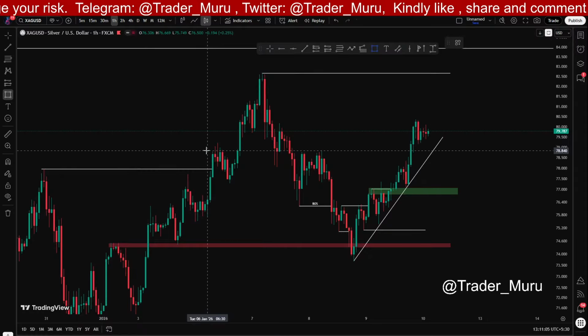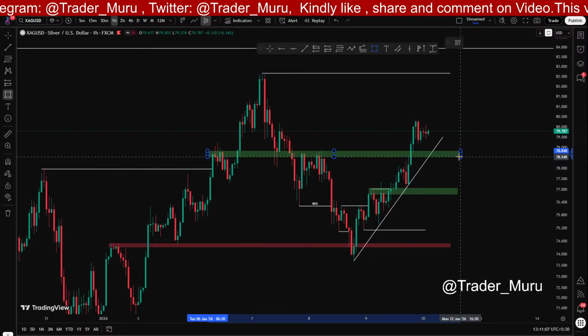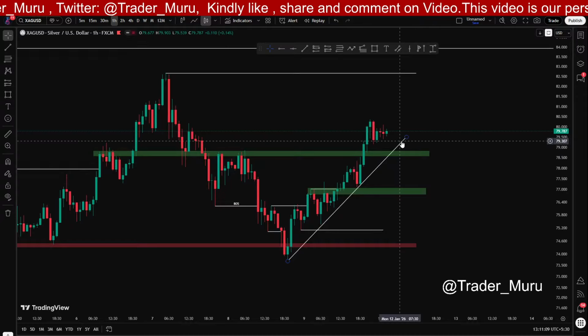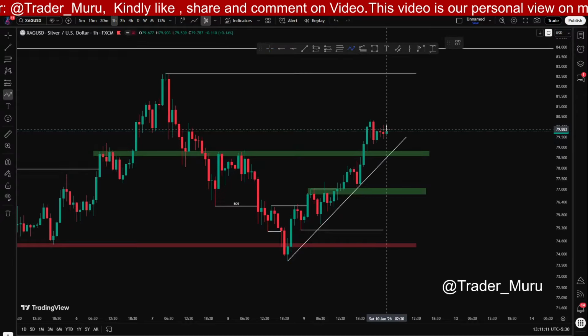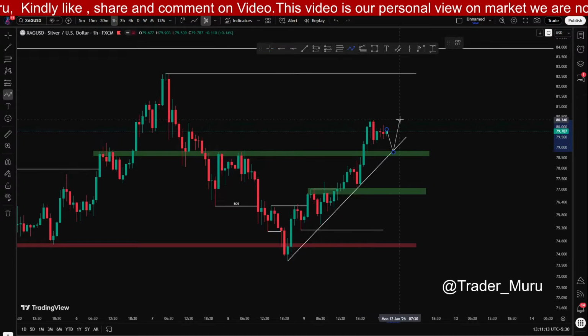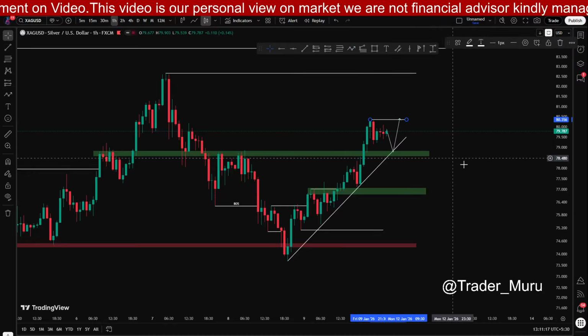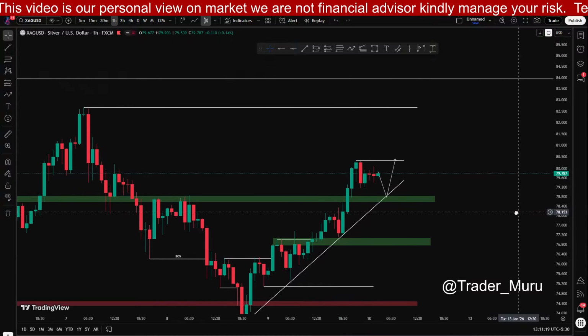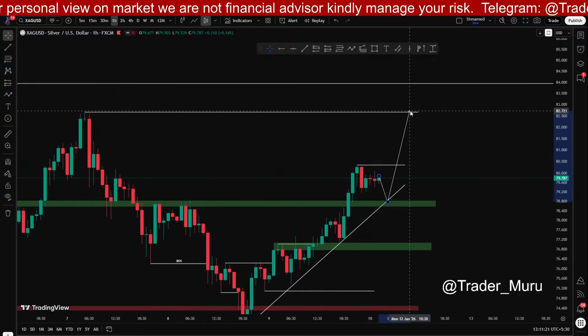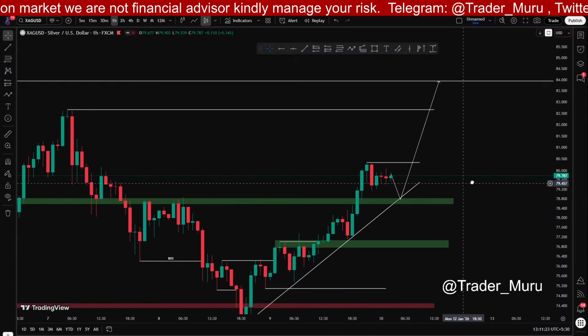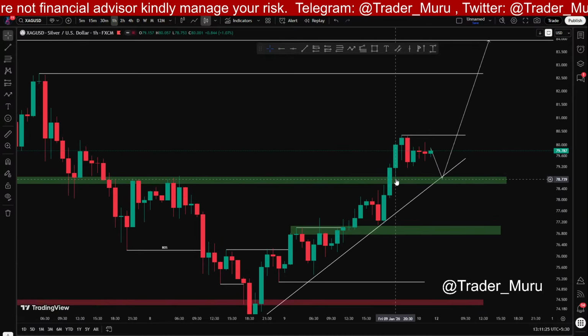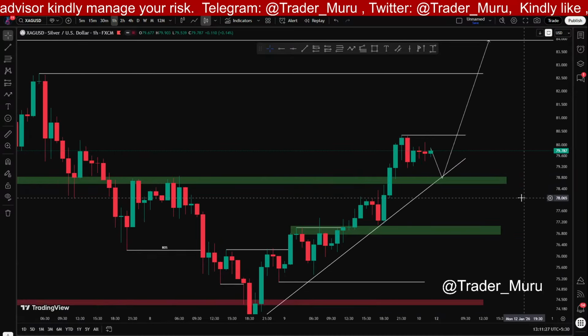This was a supply which is converted into demand now. First target will be this recently created high around 80.3, and then 82 and 84. This FVG is your buying POI,